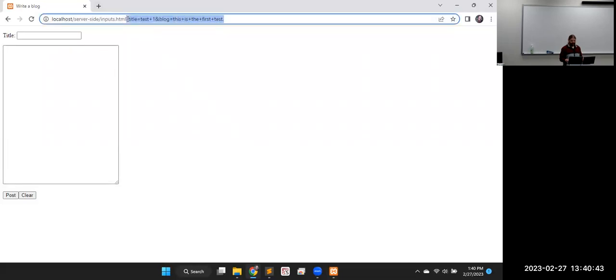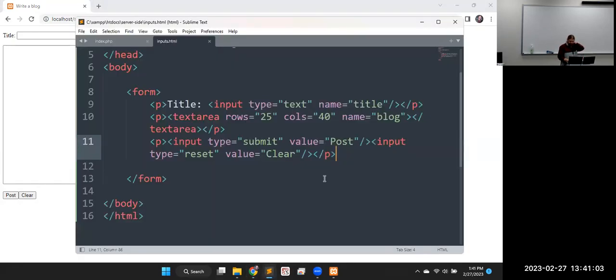That's how we send the data to the server. We just stick it in the URL. And with query strings, I like to think of that question mark like a hook. It's like we have a big chain of data and we're just going to hook it onto the address, and the machines will know what to do from there. So those two attributes,